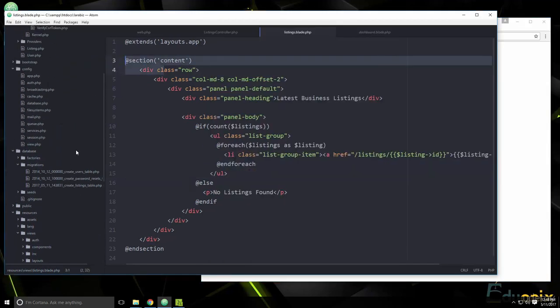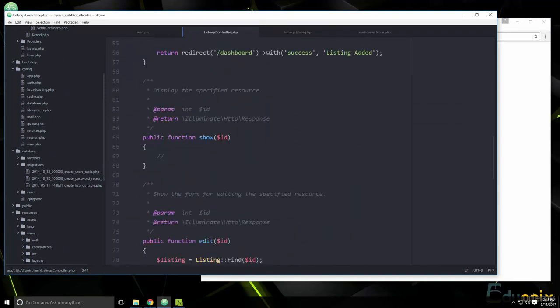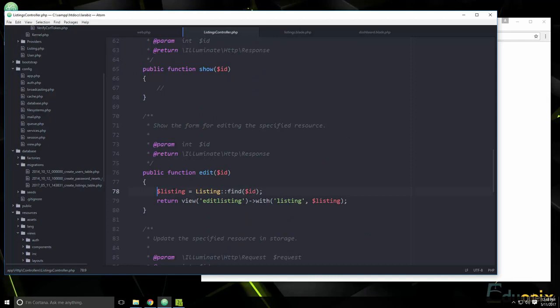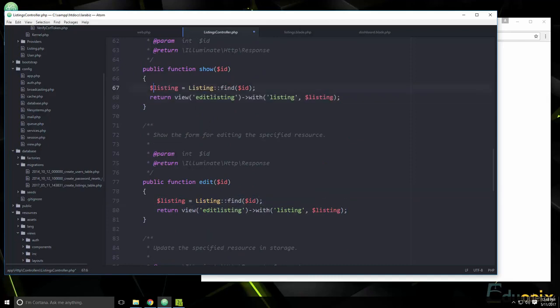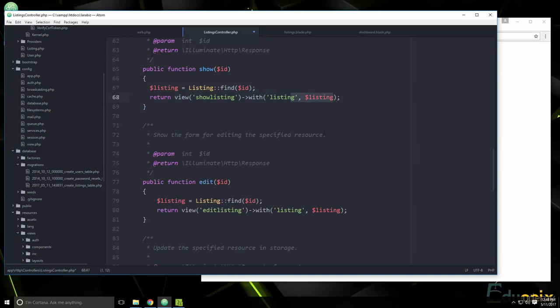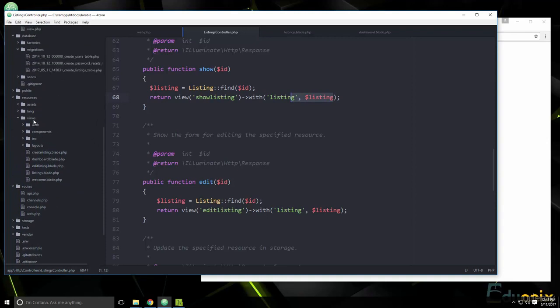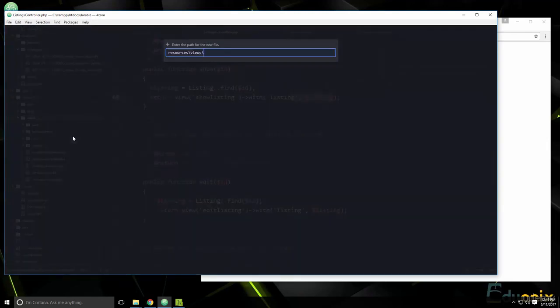So let's go back to the listings controller, go down to show, and we're basically doing the same thing we did in the edit. So let's copy that, and we're getting the listing, and then we're going to return a template called show listing and pass along the listing. So let's save that. We'll go down to views and create one more file here called show listing